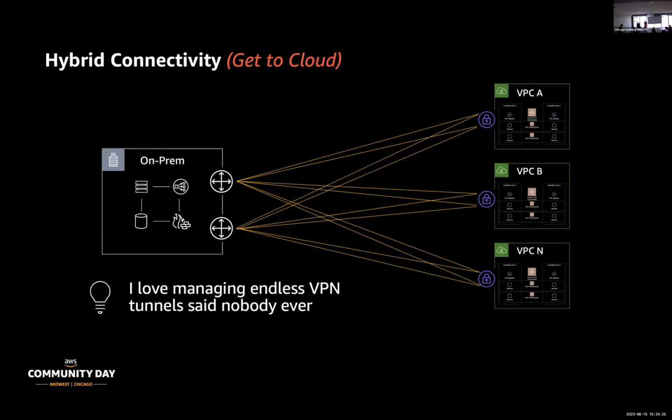And I've never heard of any network engineer in my life, and I've been doing this forever, that was just like, I really like using VPN tunnels. Just bring on the VPN tunnels. Because not only is it tedious to deploy, but it's tedious to troubleshoot. You know, when something goes wrong, the first area that gets blamed is usually the network. So yeah, rough job right there. So as this is expanding, more VPCs, more tunnels,